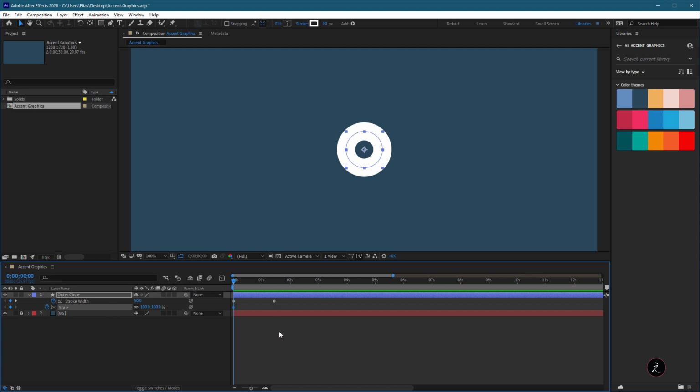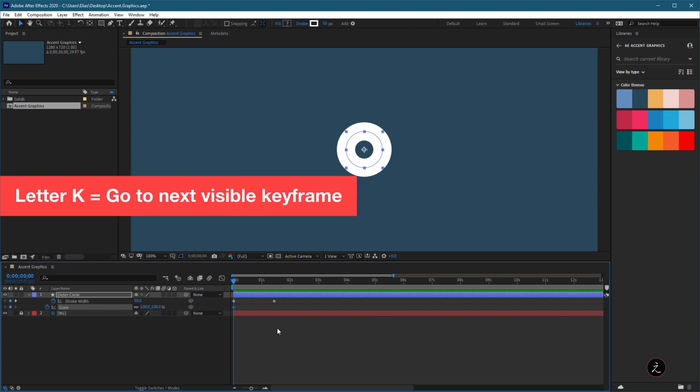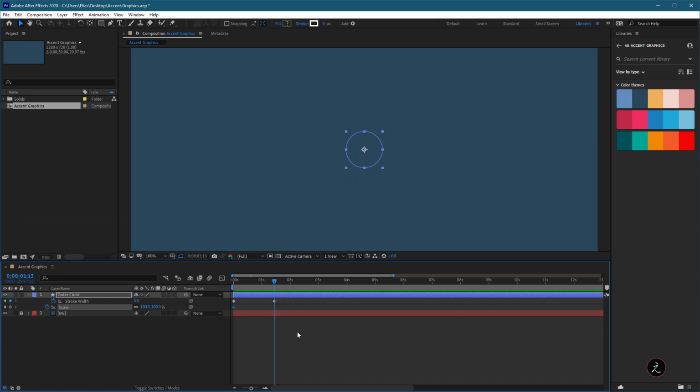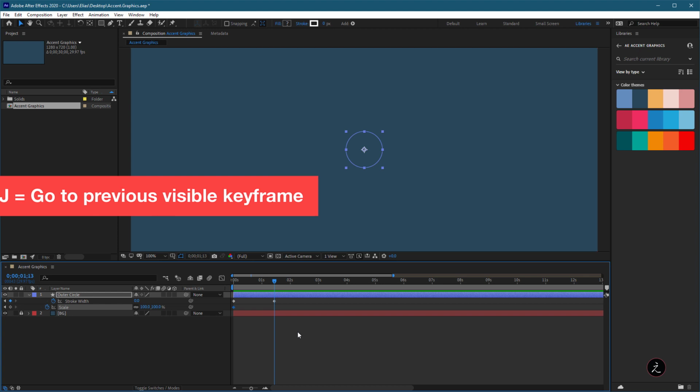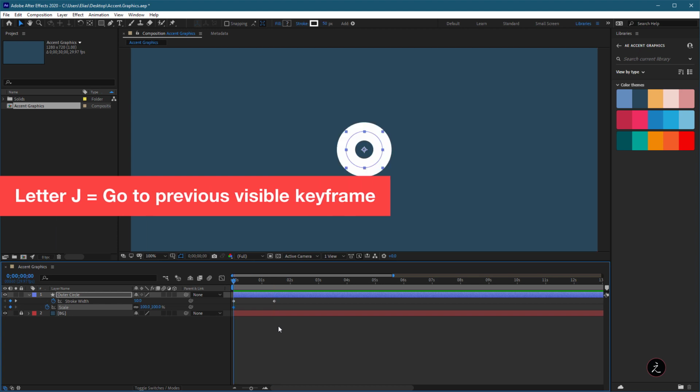So if you want to be accurate inside After Effects, instead of trying to guess the exact position of the next keyframe, there's a great keyboard shortcut, which is the letter K. The letter K goes to the next visible keyframe, and the letter J goes to the previous visible keyframe.